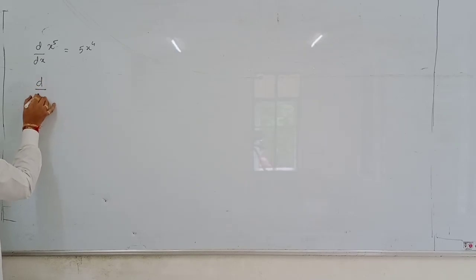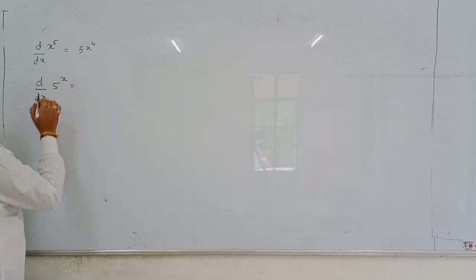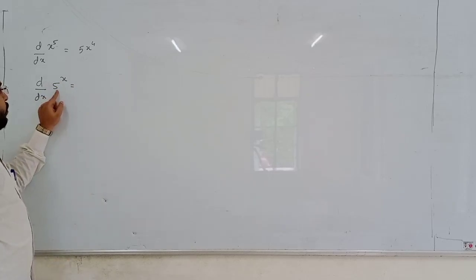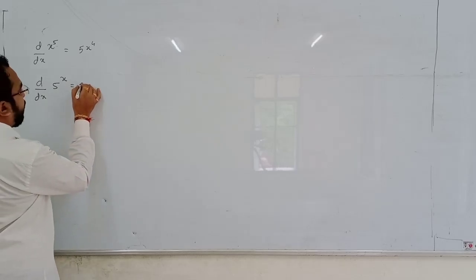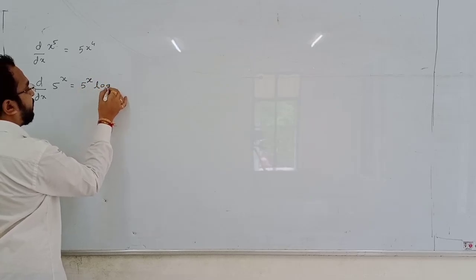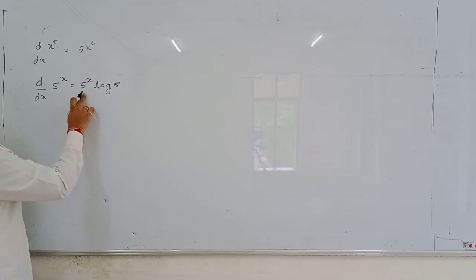Suppose it is asked, what is the differentiation of 5 to the power x? Then you can easily tell, it is an exponential function. Why is it an exponential function? Because 5 is constant and x is variable. So constant to the power variable is an exponential function. So differentiation of an exponential function is the exponential function as it is into log of that constant, that is log 5. What is the differentiation of a to the power x? A to the power x